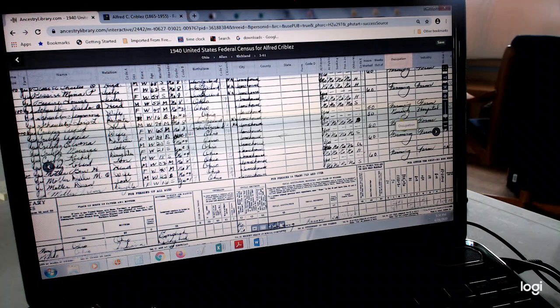Here we have Adele. It says she is a nurse in a hospital. Several of them are farmers. But now we've learned something else, that she is a nurse in a hospital. So that might be another avenue that you can pursue about your family.